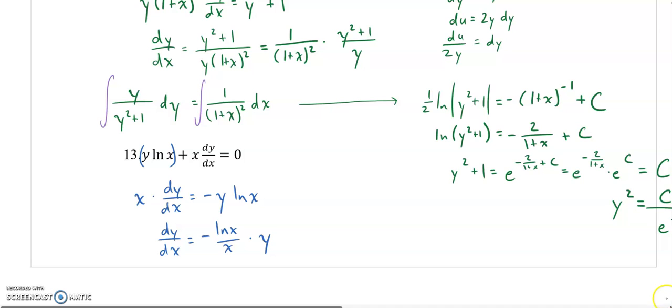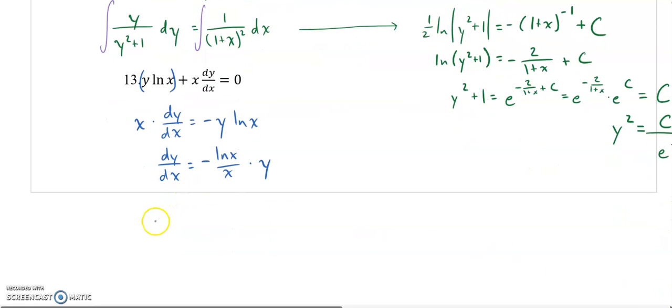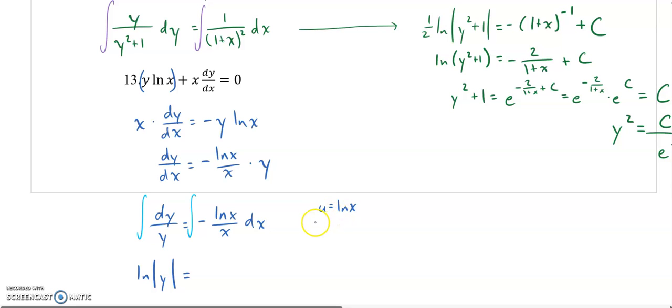Hey, it's separable. So let's separate it out. We'll multiply both sides by dx. We'll divide both sides by y. And we all know what's next. How great to integrate. So we will get natural log the absolute value of y on the left side. The right side is going to be a little bit more complicated, but I think we've seen this one once upon a time. If we let u equal the natural log of x, which is not necessarily what we might expect,